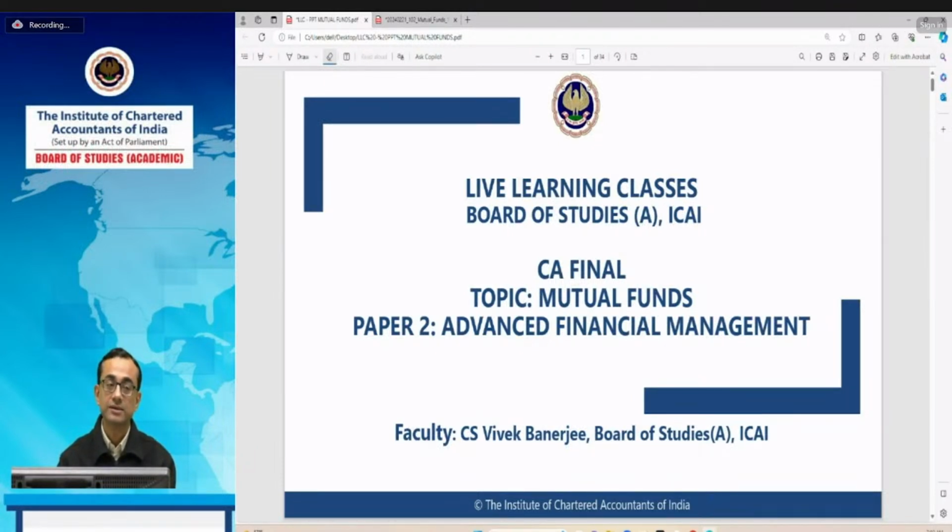And today, in the mutual fund section, I will be taking the various schemes and various funds covered under mutual fund before clearing a concept in this. And then I will also explain the various advantages and disadvantages of mutual fund and other aspects of mutual funds, such as the important terms used in the mutual fund, such as the net asset value, the expense ratio, the trail commission, the entry and exit load, and some contemporary subjects also, such as the side pocketing and the tracking error. So let us begin this session on mutual funds.